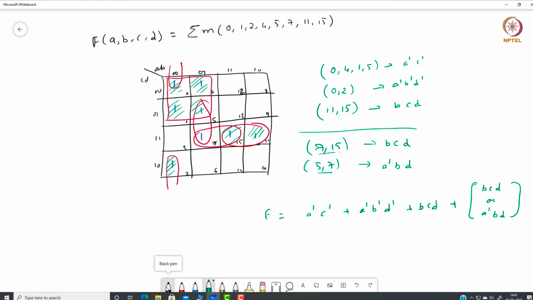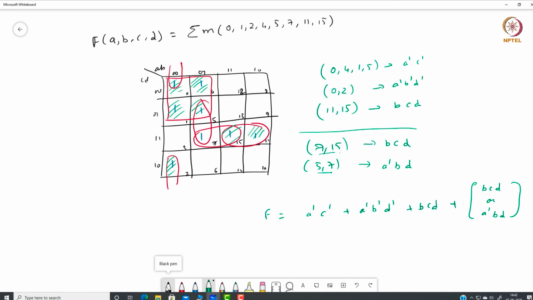So in summary, this is how we make use of the Karnaugh map to minimize an expression which is given in terms of sum of minterms or product of maxterms. And what is the best part we have seen in these K-maps? Because of their visual nature, we can quickly find out what are the cubes, or what are the maximum groups of ones which we can combine. Because they are visually appealing, they are quite fast, and we can quickly come up with a solution. So because of all these reasons, these K-maps are used.